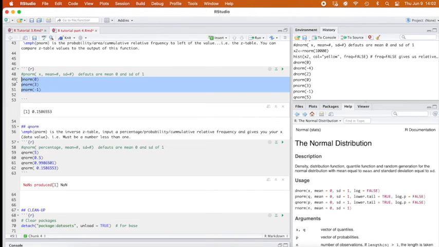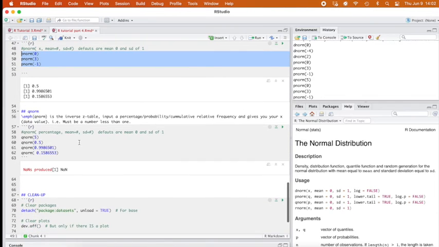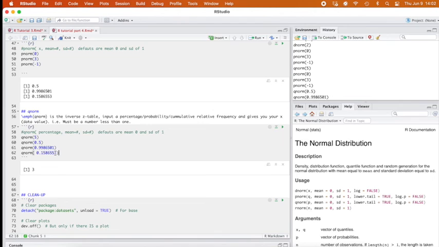But we can kind of see if we look at what we ran before for pnorm, qnorm is going to undo it. So if I take qnorm of 0.5, you bet I'm going to get 0. If I take qnorm of 0.9986, there we go, I get 3. And if I take qnorm of 0.158, again, I get -1. Note, this is when the mean is 0 and our standard deviation is 1. We can still do this, but we would have to define a new mean and a new standard deviation in order to get our values to change. And that's going to be the